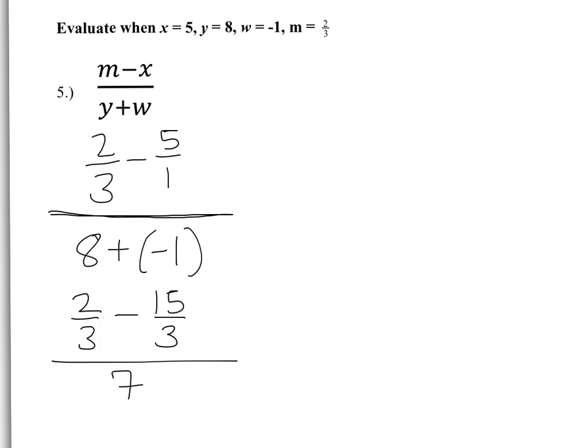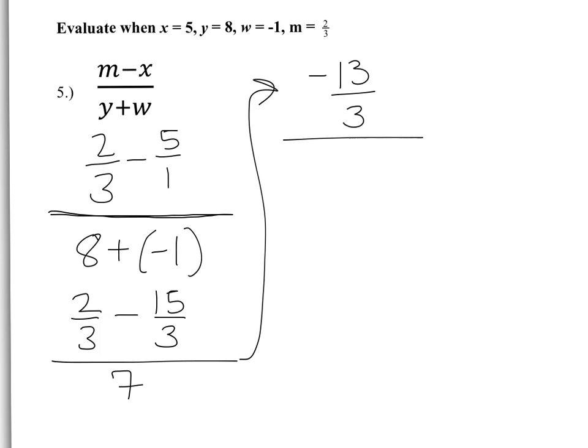So now the top does not look nearly as scary. What I have is 2/3 minus 15 over 3. So we just subtract the numerators. 2 minus 15 is negative 13/3. So I'll go ahead and move up here. So we've got negative 13/3, the whole thing over 7. Now that right there is a complex fraction. We've dealt with this before. We just do negative 13/3